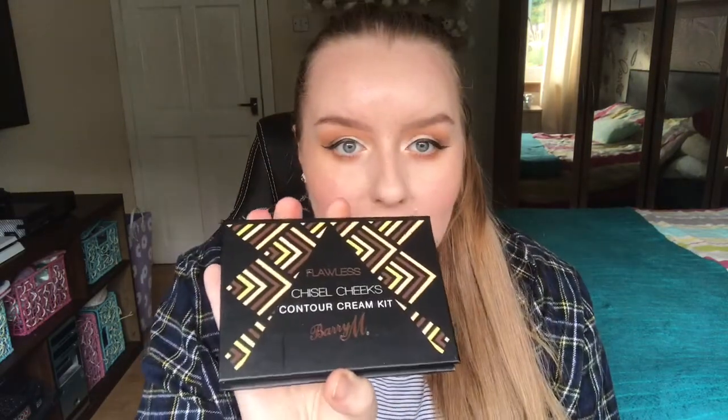Today I have a Barry M haul, which is exciting. It's a brand I've never hauled before, but I've got quite a few bits like glitter, makeup, contour, mascara, lip gloss and eyeliner. So let's get started. Right, first I will start off with this here, which is the Flawless Chisel Cheeks Contour Cream